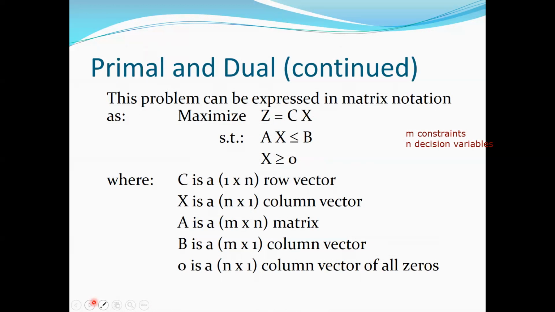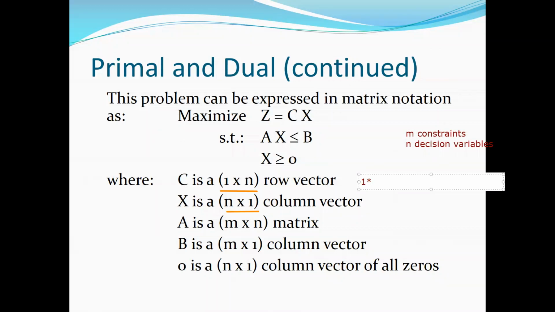Where I'm trying to maximize Z, which is C times X, where C is a 1 cross n row vector. Okay, so very important to note here. C is a 1 cross n row vector. X is an n cross 1 column vector. If you recall from your matrix manipulation class or some math class you might have taken earlier,